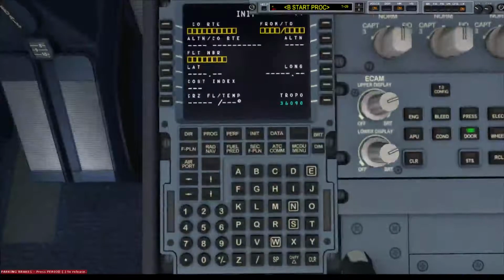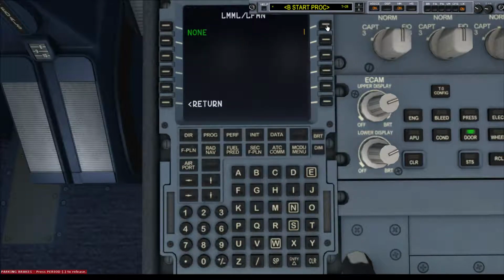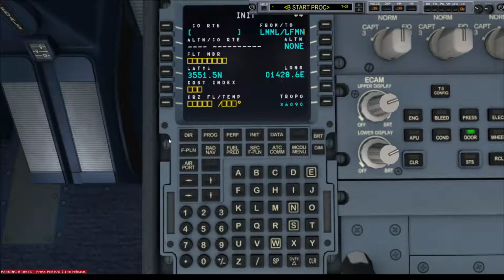What are we doing? Do we know? Yes, we are going Lima Mike Mike Lima, and we're going to Lima Foxtrot Mike November. So we put that up in there, and of course there is no stored flight plan because I'm doing it manually. We are A2B Airlines, Charters Airlines,